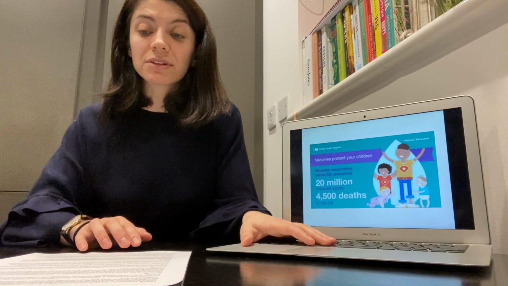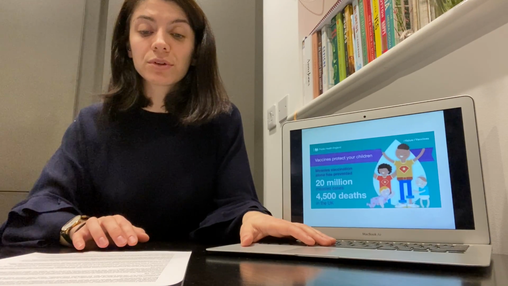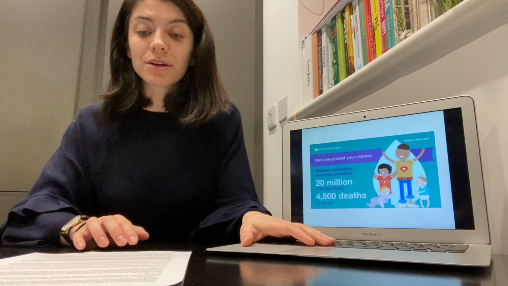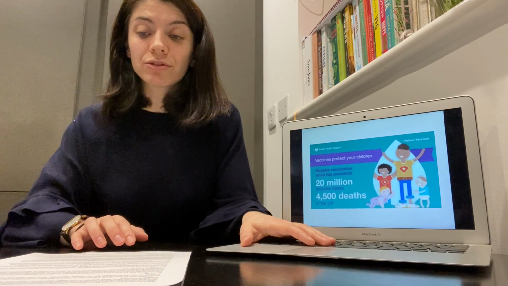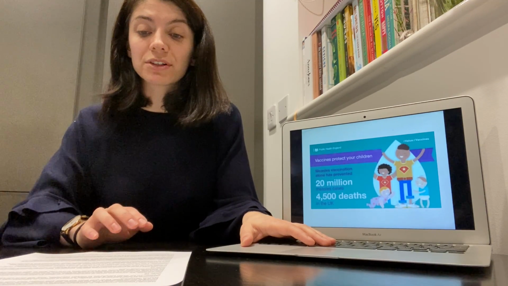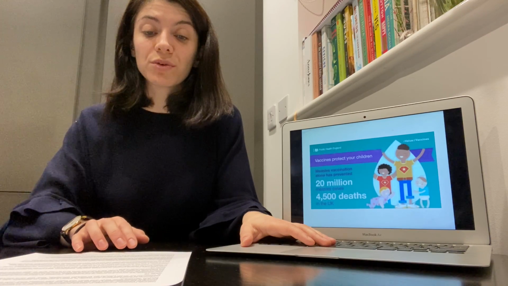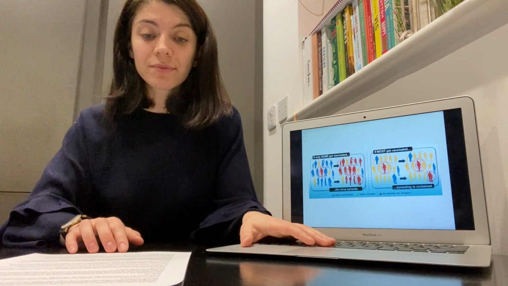The first encounter is the primary response. It takes longer for the body to fight. This can cause the person to have some symptoms. Secondary response is when the pathogen enters the body for a second time and the body is able to fight the pathogen with the antibodies already made.